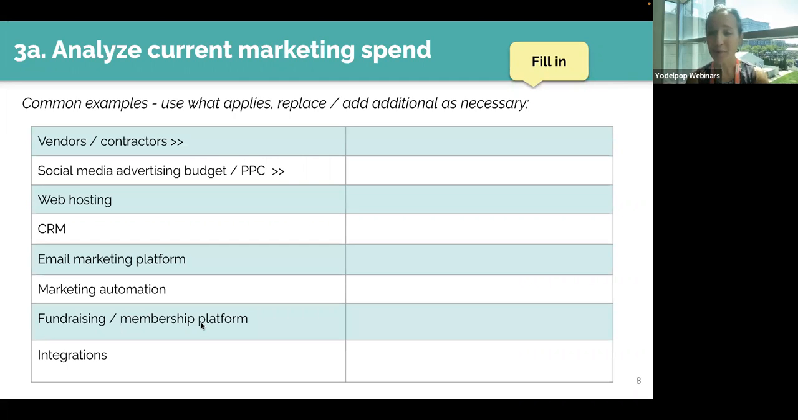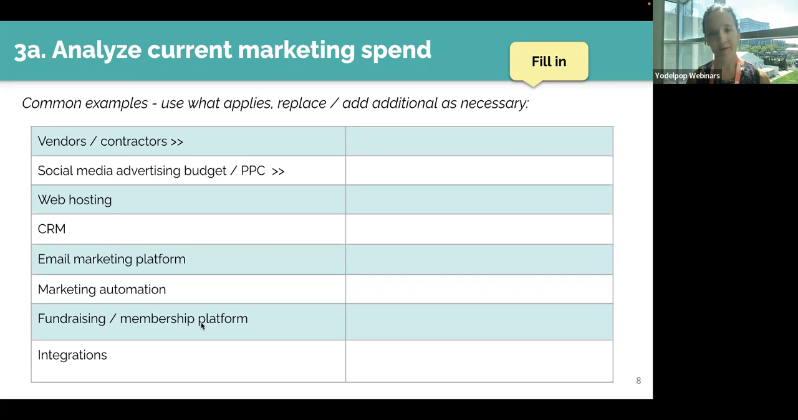Now we're going to look at what we're spending on those activities. Here is a list of some common examples of ways that organizations spend their marketing dollars. What we want to do here is understand what the organization is putting in to marketing, because as we go through the process and we identify some concrete goals for marketing that are driven by concrete organizational objectives, we're going to need to make the case for either